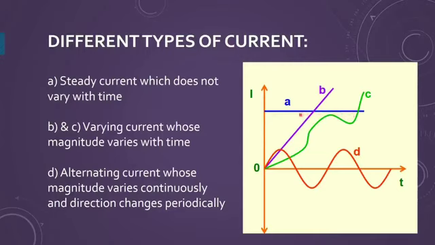While these B and C curves are simply showing the varying currents, whose magnitude is changing, or if I have a current for a small duration, that is known as transient current. Transient current we have discussed in the previous chapter, like for lightning, that is a current of short duration. So in this chapter, our main focus is on the direct current, a line parallel to the time axis which is not changing with time.